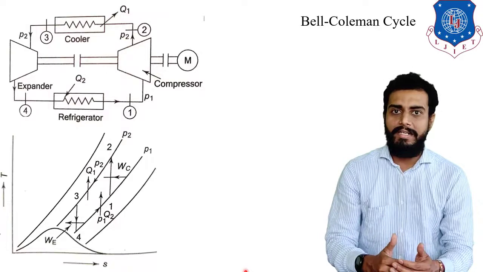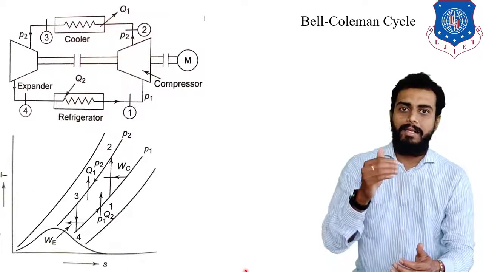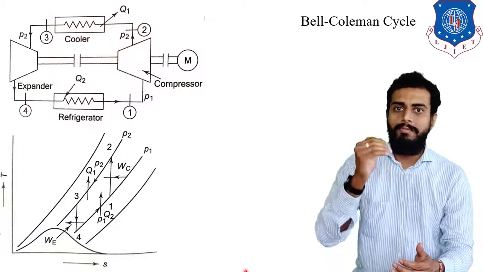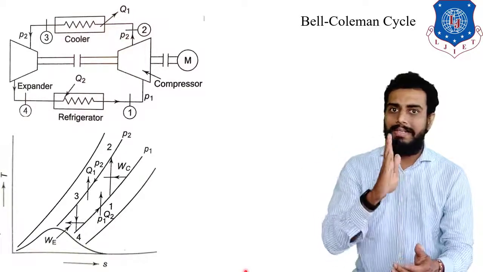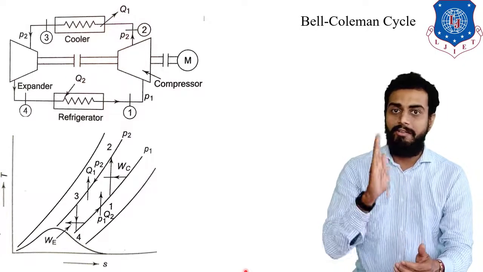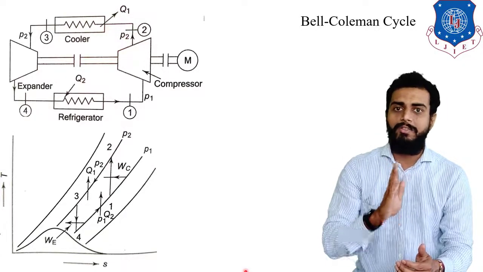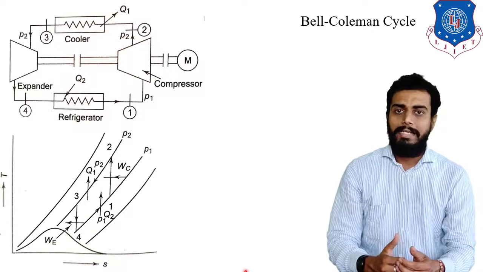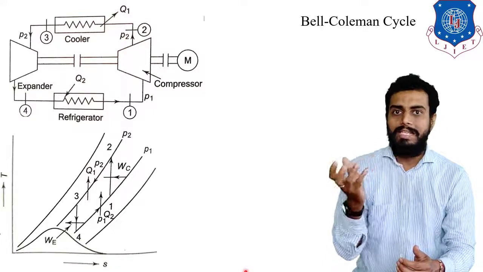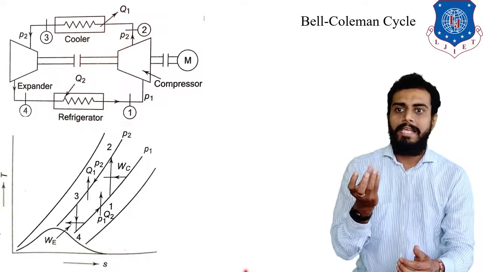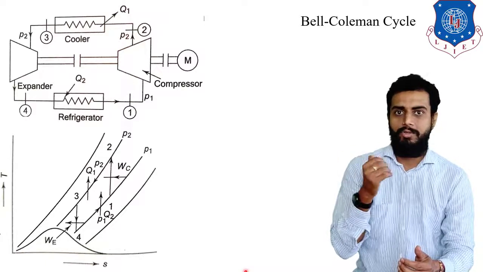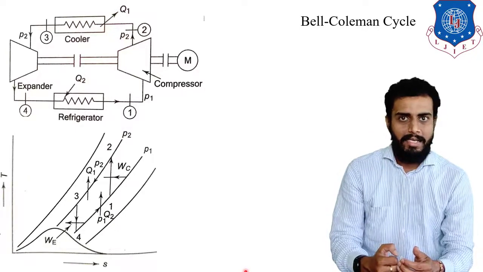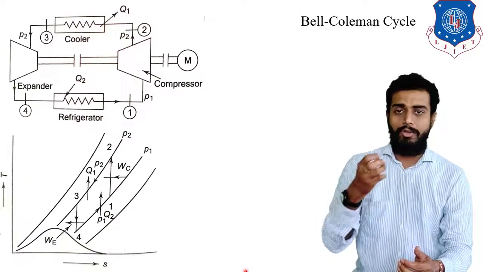We'll start from compressor inlet, 1 to 2, that is reversible adiabatic compression. Assume that ideal gas is the fluid. So reversible adiabatic compression 1 to 2, you know that it is isentropic. That is why the 1 to 2 line on the TS diagram is drawn straight vertical, right? Further, 2 to 3. That is a cooling down process, taking place at constant pressure. So it is a constant pressure heat rejection process. So cooling down will occur for the gas, right? So that is 2 to 3, constant pressure heat rejection.